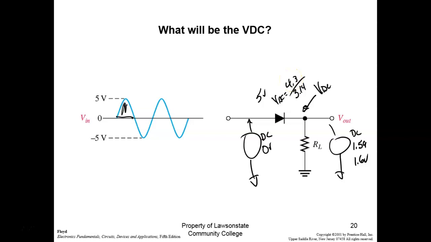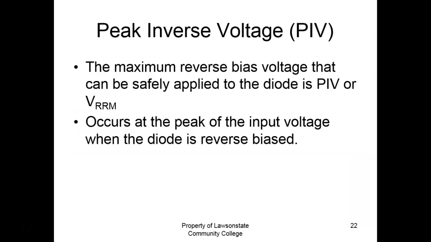We okay? One thing we have to understand, and we'll look at data sheets in the book later: a diode can only block so much voltage when it's reverse biased. Most books teach this as PIV. I think this book actually teaches that PIV. But when you actually look at the data,